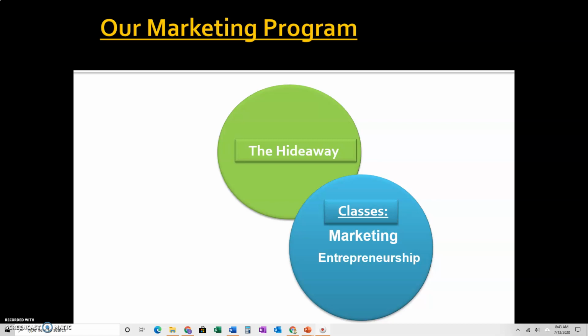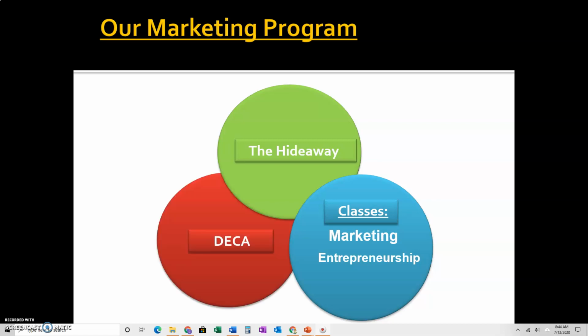These are known as BAMO. Those are 1 semester each. And then you could even further your program by going through personal finance and even the accounting programs. And then we have DECA. This acronym used to stand for Distributive Education Clubs of America, but now because it's an international program, they just say DECA. And this is a competitive program where you take your knowledge from marketing and you actually compete with other students. So it's an academic club.